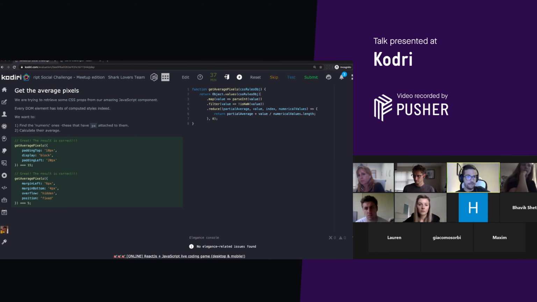Is there a way to improve this algorithm, guys? Going back to Elena's point, sorry. On the filter, instead of doing the triple equals, could you not do inside the parentheses on line 4, put parseInt in and then wrap value? So after is not a number, parseInt value, and then copy that and put it where we've got value, inside the parentheses where it's not a number.